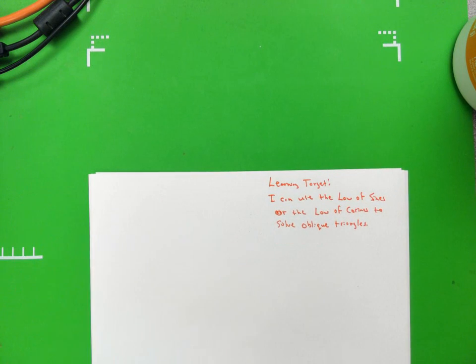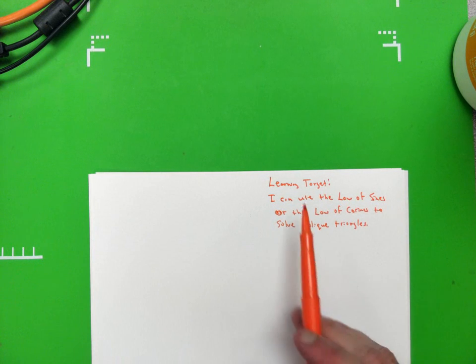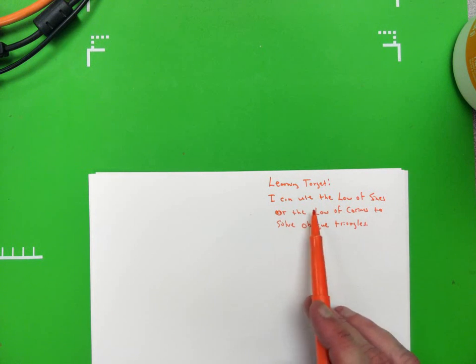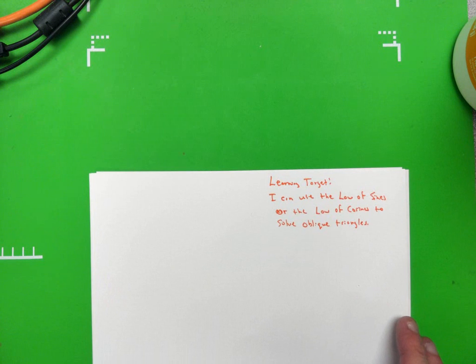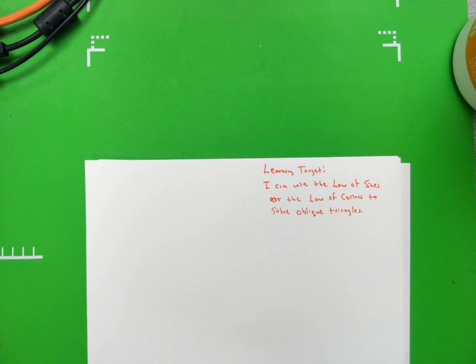Today we're going to continue practicing our learning target that we've been working on for the last couple days. Let's go over it. I can use the law of sines or the law of cosines to solve oblique triangles. Remember, oblique triangles are triangles that are not right triangles. Right triangles means they do not have a 90-degree angle. If they have a 90-degree angle, we can use our basic trig ratio, sine, cosine, tangent, to find missing sides